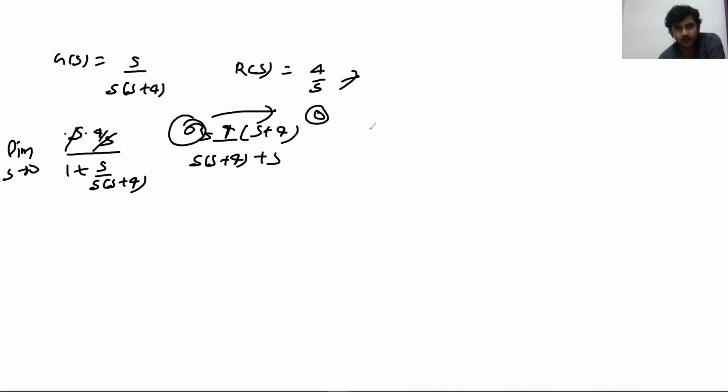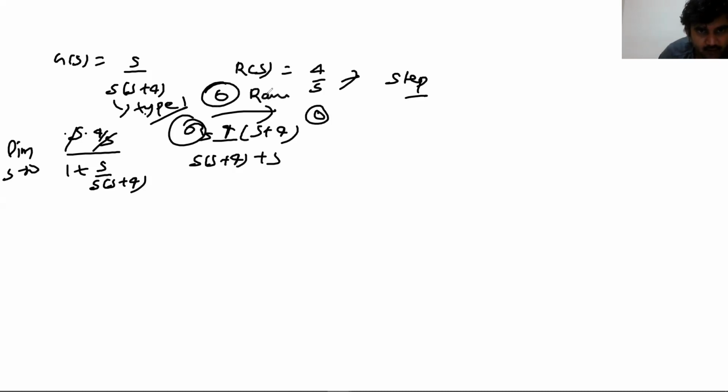So what is this input? This is a step input. Okay. And the type is 1. And we have studied that for type 1, the step input error is 0. Only ramp input gives an error. So this is the clarification or example so that we can justify the statement that we have given.